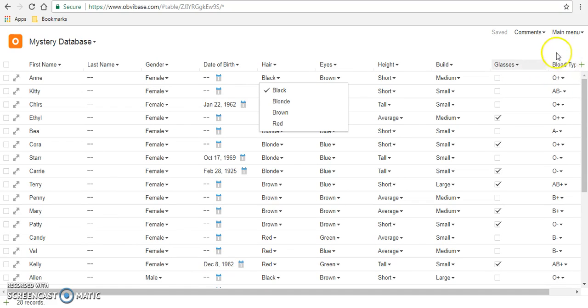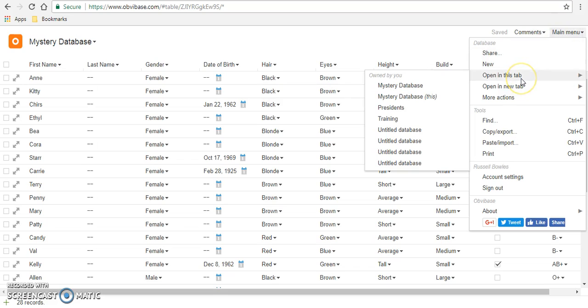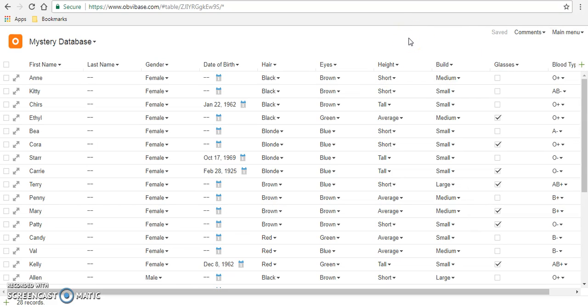And if you didn't see how I changed databases there, I just went to open in this tab. You can open in a new tab, and there's all your different databases that you have. The nice thing about this is it's completely online. All the information is saved in the cloud, so nothing is actually stored on your local computer, so it's accessible anywhere. And again, later on, we'll go into more in-depth filtering and more in-depth imports from other locations such as